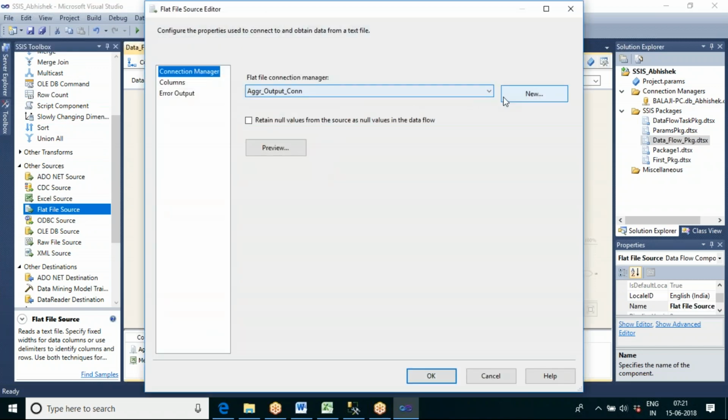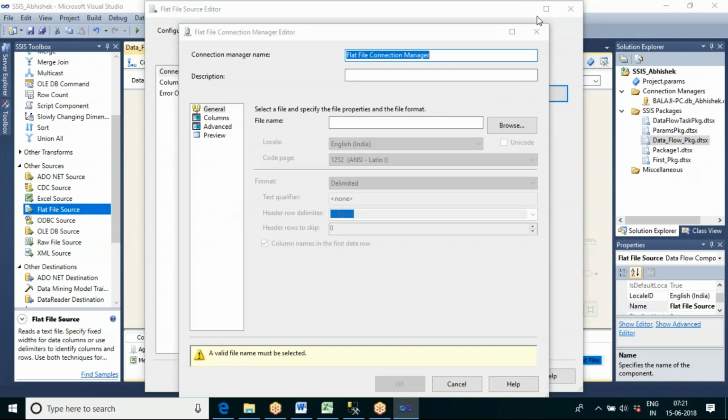First of all, let me create a connection to the text file, emp bulk text. Let me create the connection name as bulk text connection.